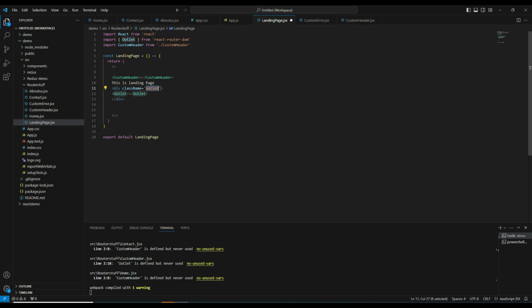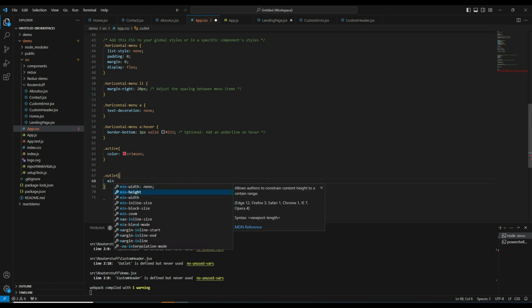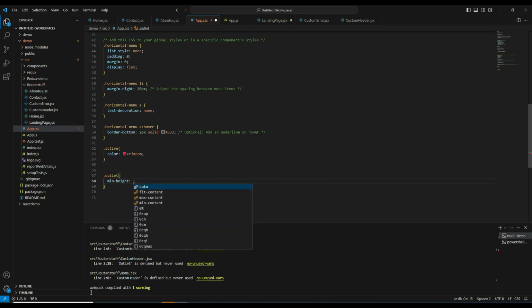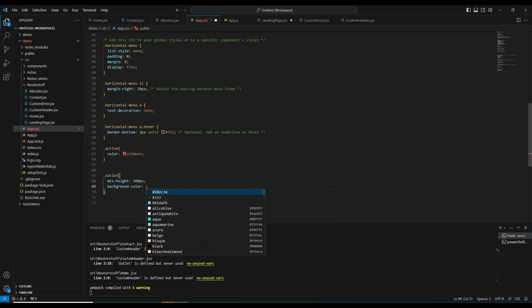In this app.css, let me add some style for this outlet class. Let me give a minimum height, let's say 500 pixels, and a background color, let's say this one.